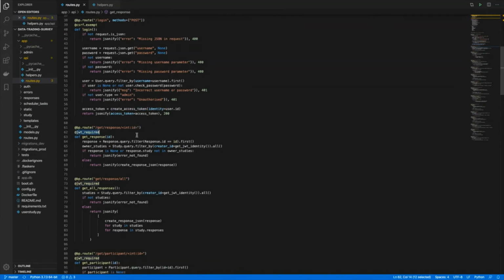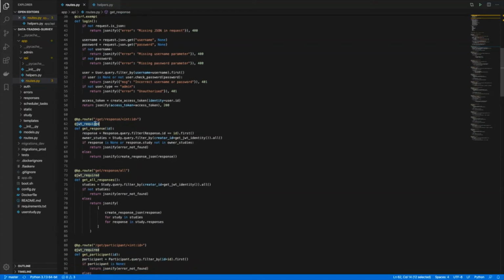When you're sending a request to one of these API endpoints, this decorator here, also implemented by the Flask JWT Extended package, checks this access token is valid, and if it is valid, it grants access to the endpoint and doesn't otherwise.